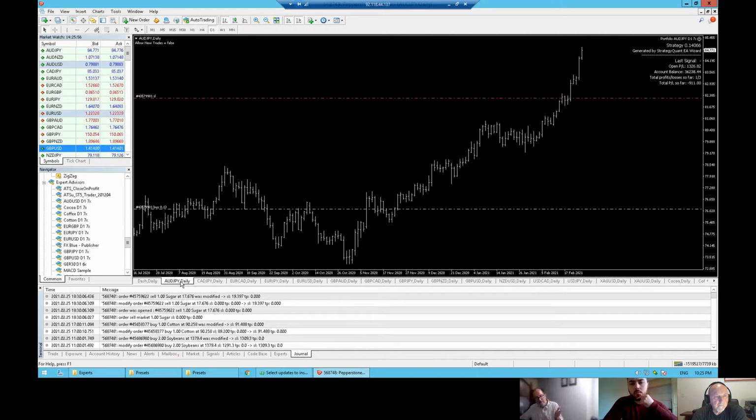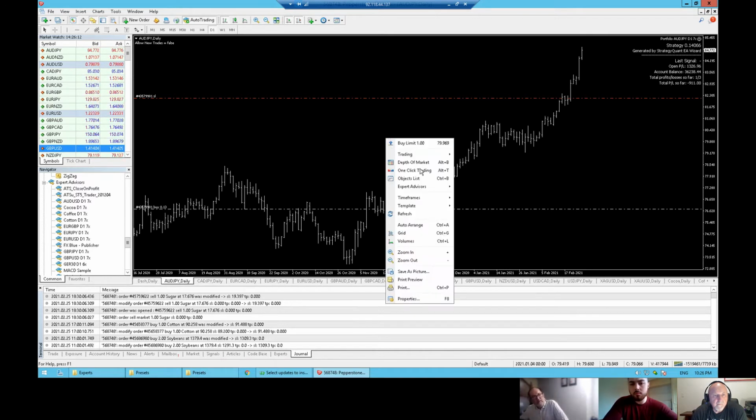So for AUD JPY, we've got 7 EAs consolidated into one algorithm. You see the name of the algorithm: portfolio AUD JPY D1, 7 times up here. So when we go into the expert properties, expert advisors,